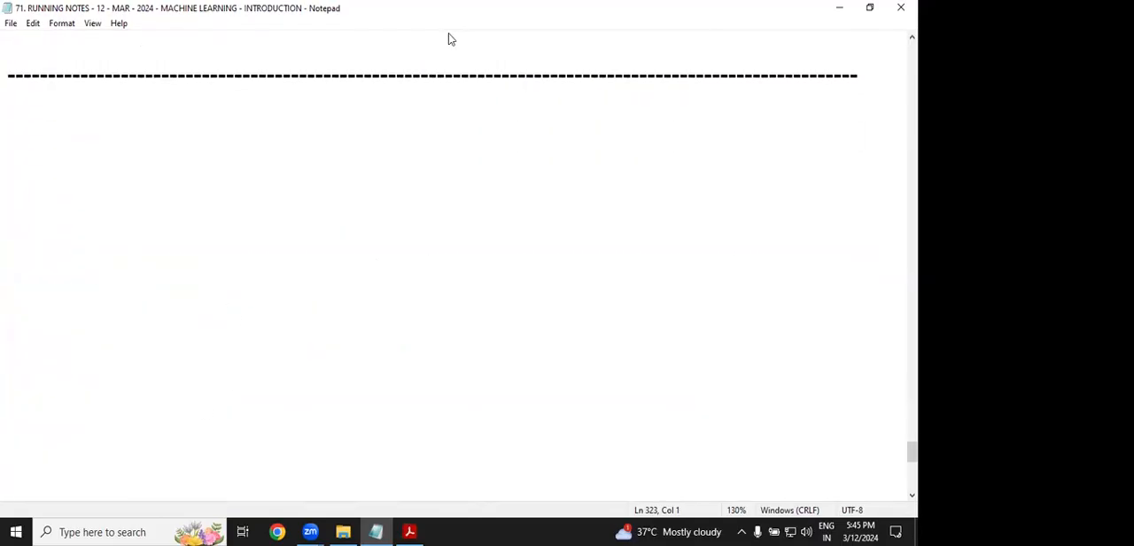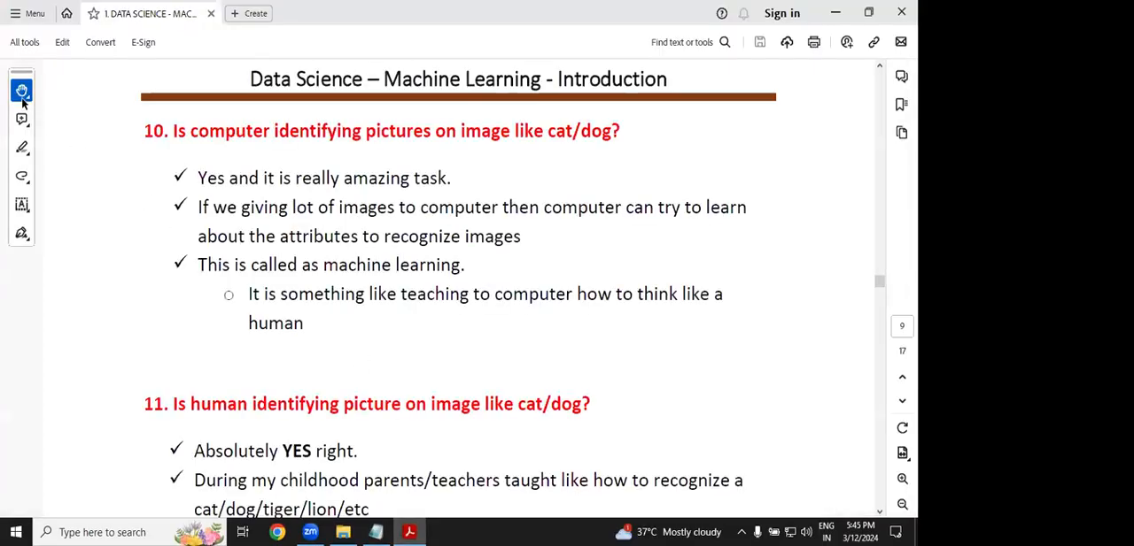Online team, I trust you guys are able to hear my voice clearly. Good. The point is computer identifying pictures in an image like a cat and dog? Yes, sir, absolutely. It is really an amazing task. In olden days it was too difficult actually, but it is very easy nowadays. If you give a lot of images to the computer, it can try to learn about the attributes of recognizing